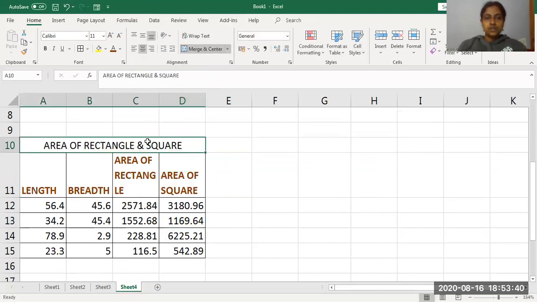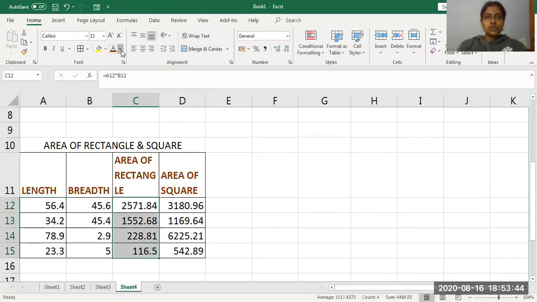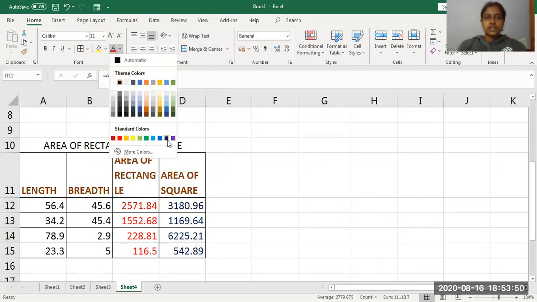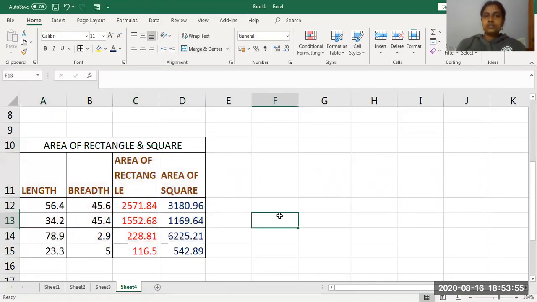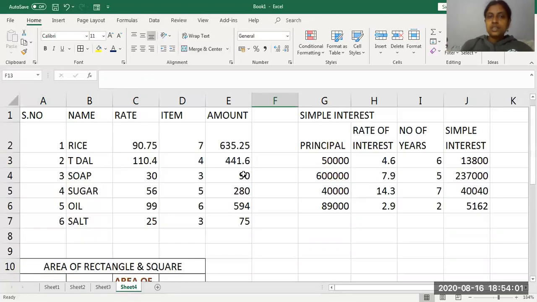You can merge the cells. These two are input and these two are output, so give different colors for them. This is one set of colors and this is another set of colors. Like this, you can do the designing part. Then it will be in a presentable manner. This is how we do the calculation.